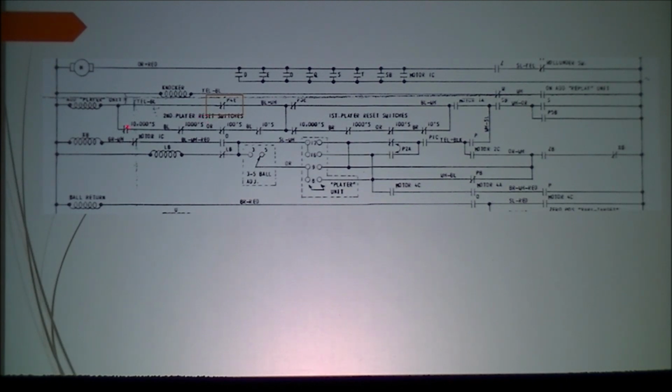score reels are on 0, and all these switches actually are already closed. So if I'm playing a one-player game and all these are closed, everything works well. Now I play a two-player game and the player unit's not advancing. Well, you've got two parallel paths here and here, and they're actually tied together. So this switch sort of overrides player 1, and this switch sort of overrides player 2. And it turns out it was this switch that wasn't closed, and this is where I wanted to get into